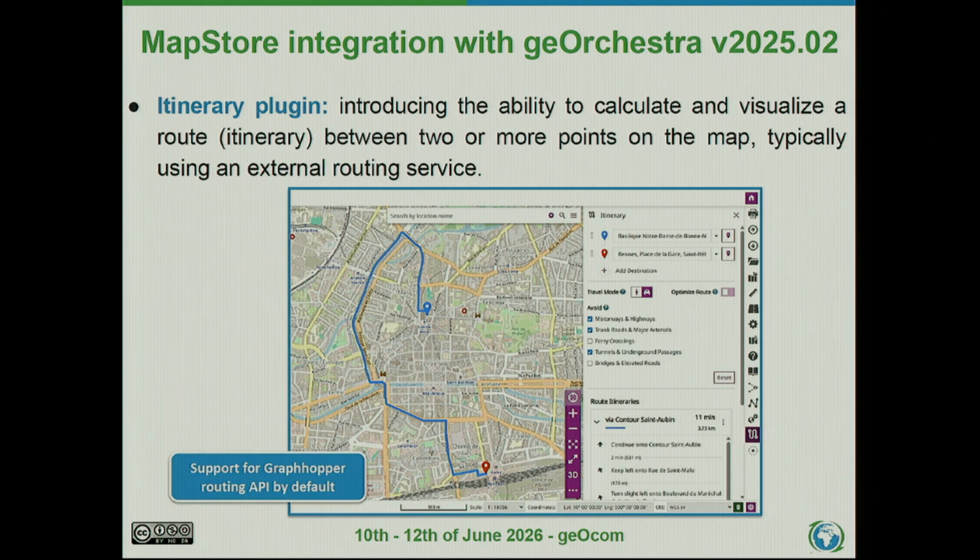The other one is the itinerary one, still based on Grasshopper, which allows you to calculate routes in your map, configuring